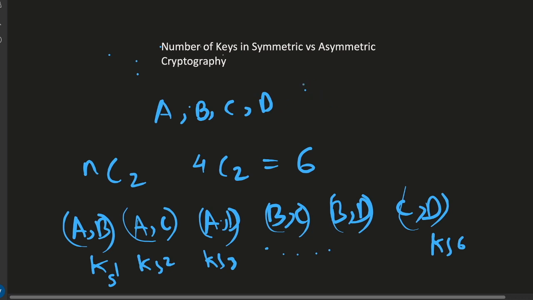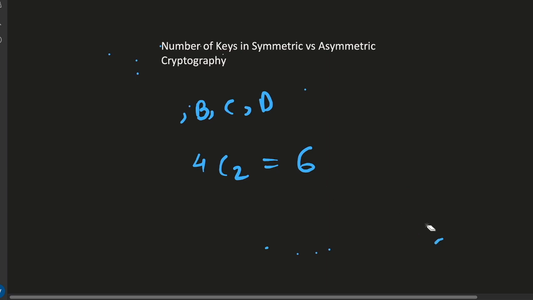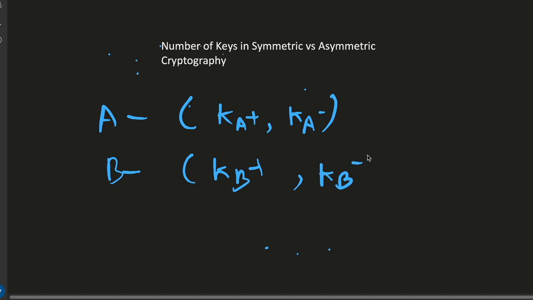And for the same problem, if we used asymmetric key cryptography, that is, a public-private key pair, then try guessing how many keys you'd be requiring. In that case, we won't be thinking in pairs, like the way we did in symmetric key cryptography. In this case, I just need to manage my own pair of keys. So basically, I just need to manage KA+ and KA-, which is my public key and private key, and I'm good enough. The other person can use my public key to encrypt whatever he wants to send me, and I'll decrypt it using my private key.